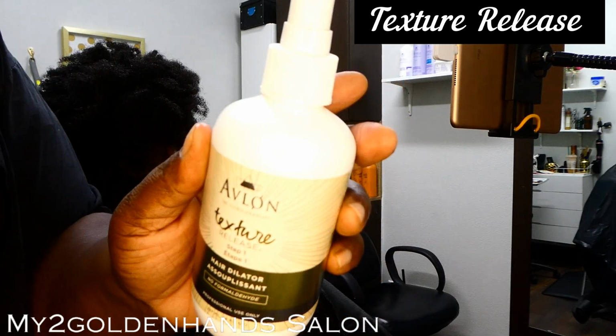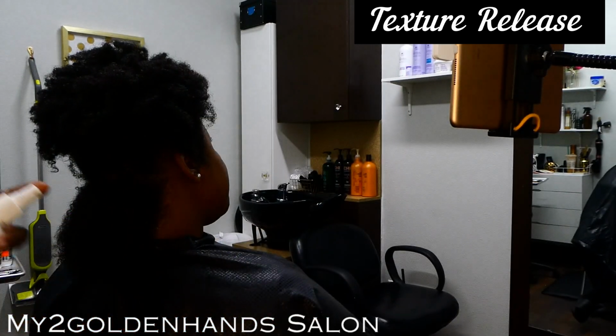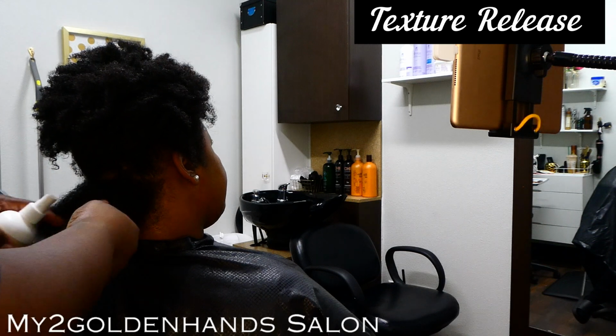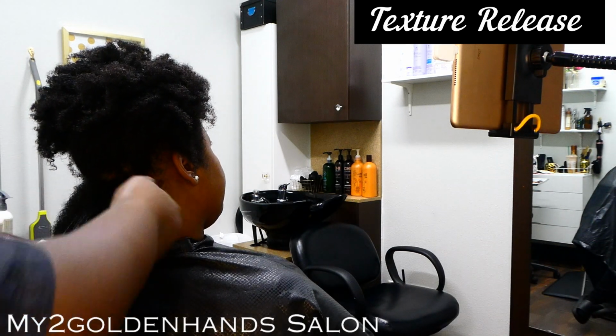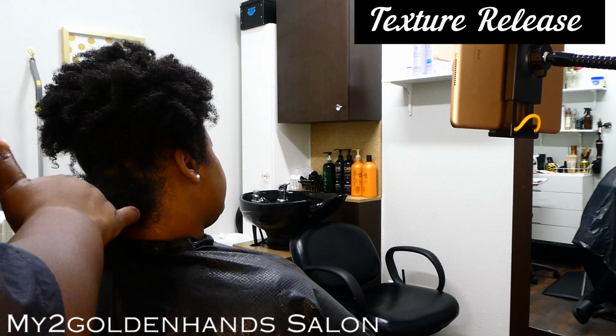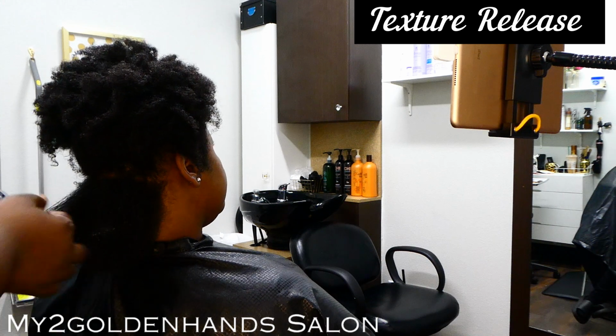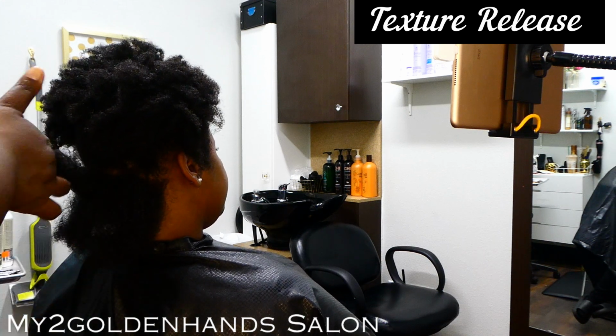So for today's service, I will be doing the texture release system. With this system, it is built and created for curly natural hair. The texture release does have a lot of benefits. Some of the great benefits that make people want to get this service done is how it